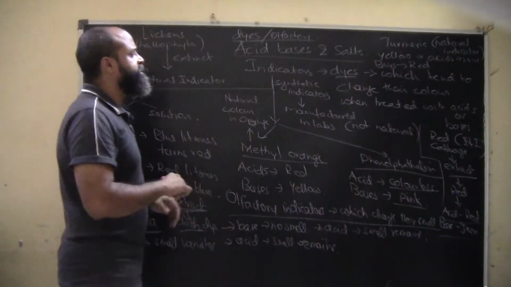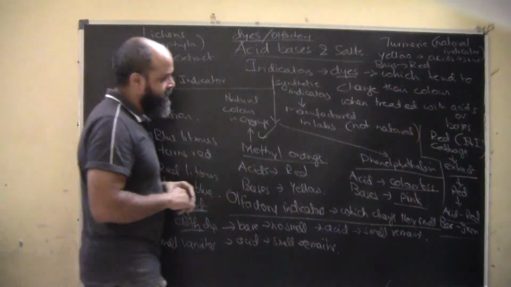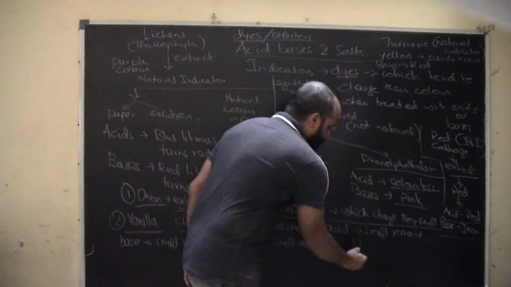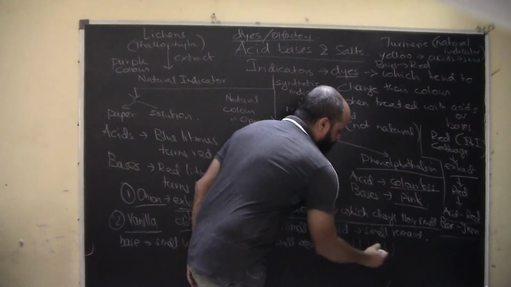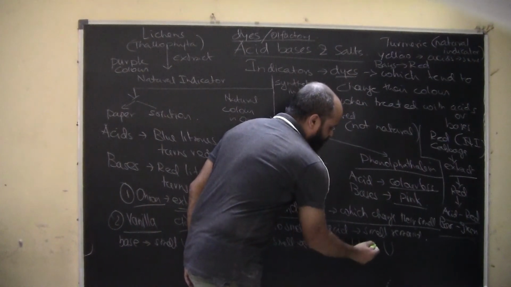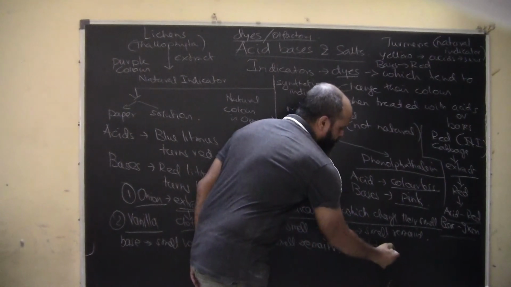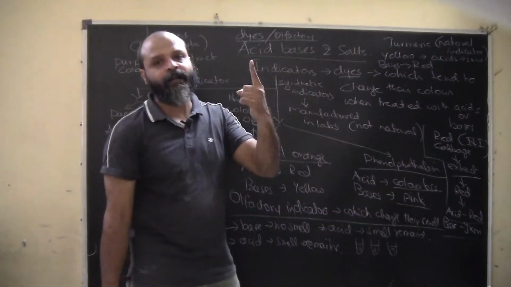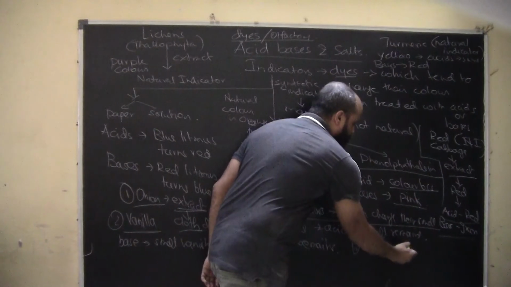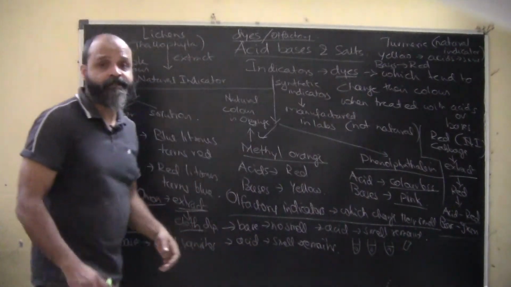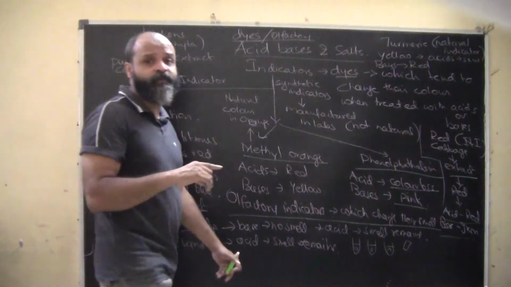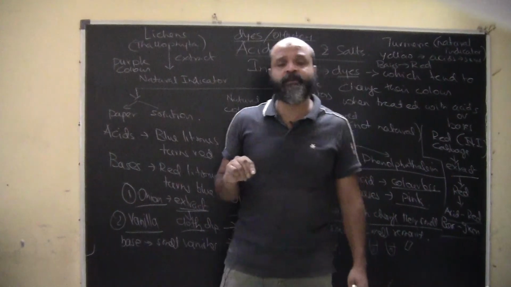So one of the questions in your NCERT books is that we have 3 test tubes. One is filled with a base, one is filled with water, and one is filled with an acid. Now you are given one litmus paper. How will you identify all these 3? You have not been told which one is a base, which one is an acid, and which one is water.